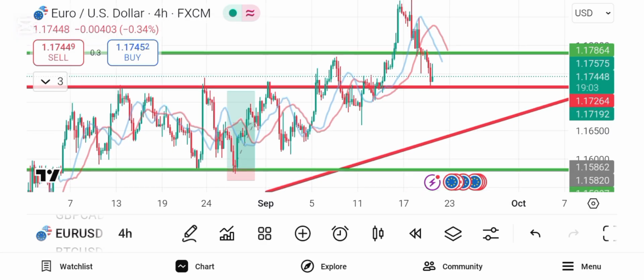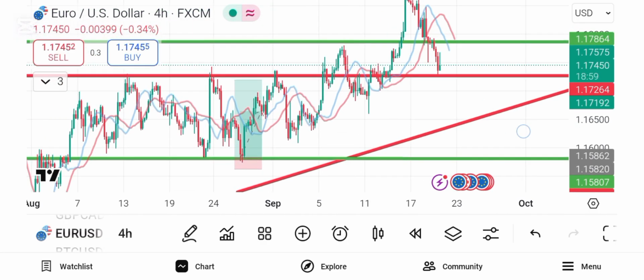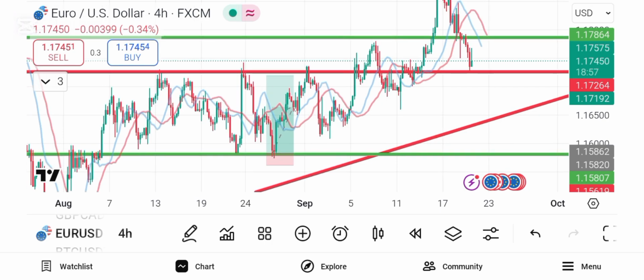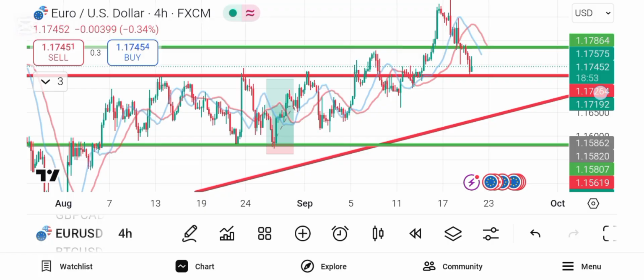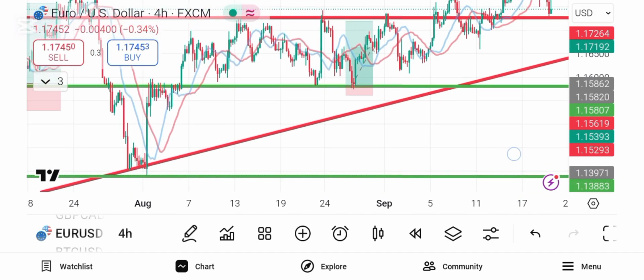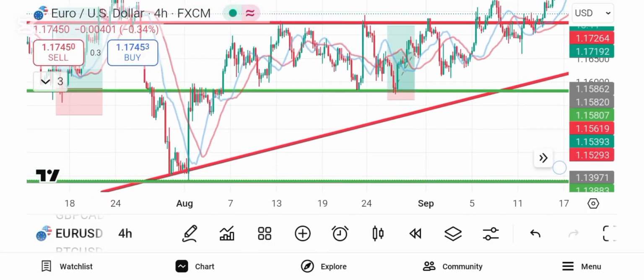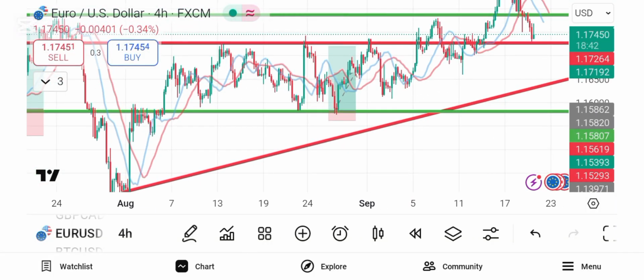So first of all, at the beginning of the week, you have to understand the directional bias of the market or the particular pair you are about to trade. Failure to understand the directional bias will lead you into taking many losses for the week. So here, I want to show you the directional bias,